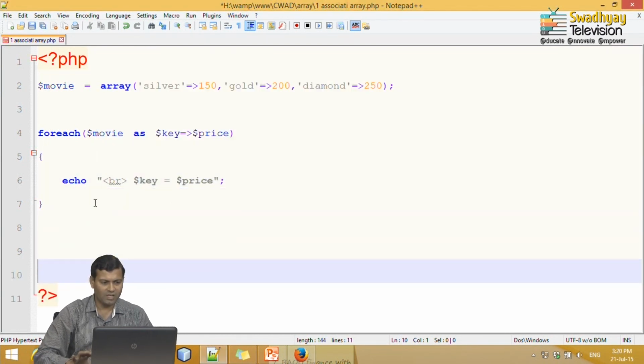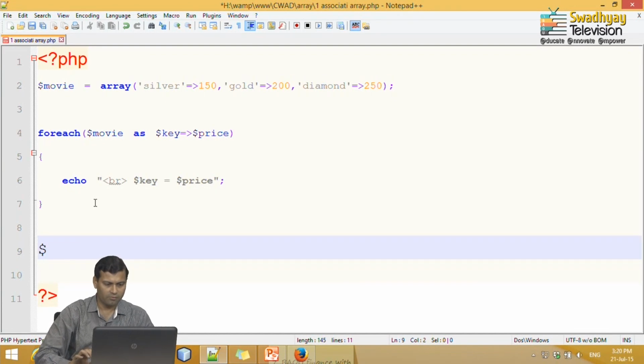I can create the same array using multiple lines. For example, let me write $multiplex is assigned to array. So, I create one array.